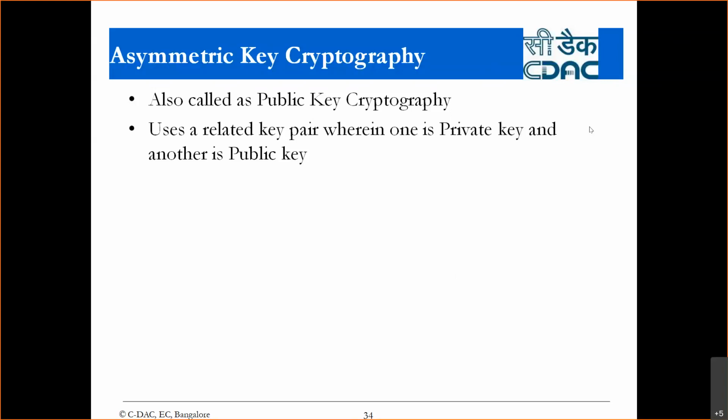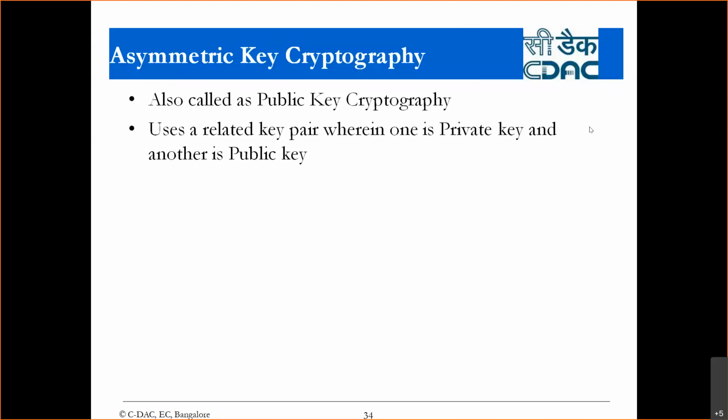Okay, but I'm saying that you have already seen, and many of you have also used that kind of lock, wherein one key is used for locking and the second key is used for unlocking. Hope you have seen the car remote. Remote locking will have two buttons. One button is for locking, second button is for unlocking.